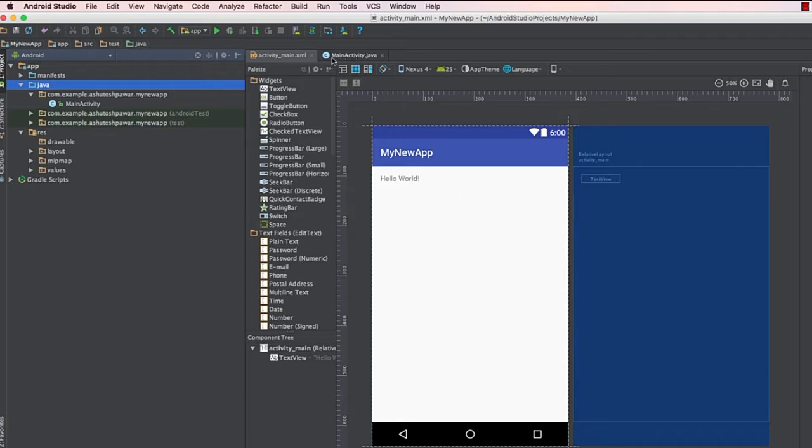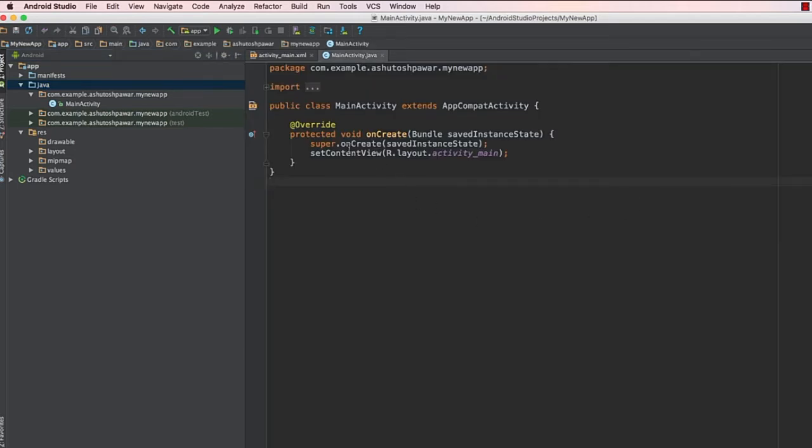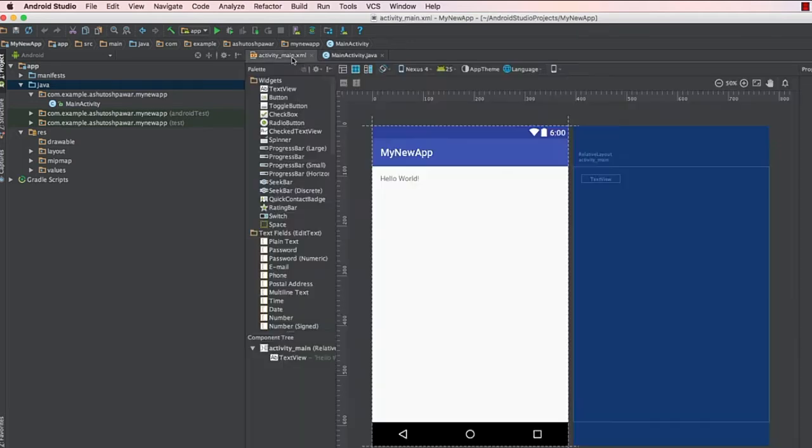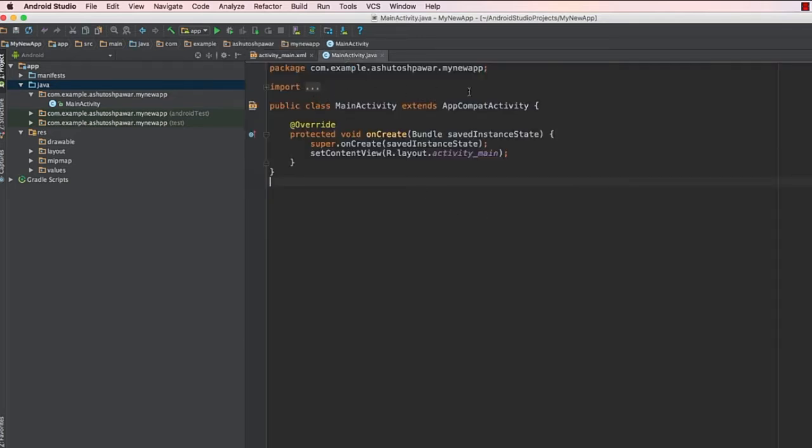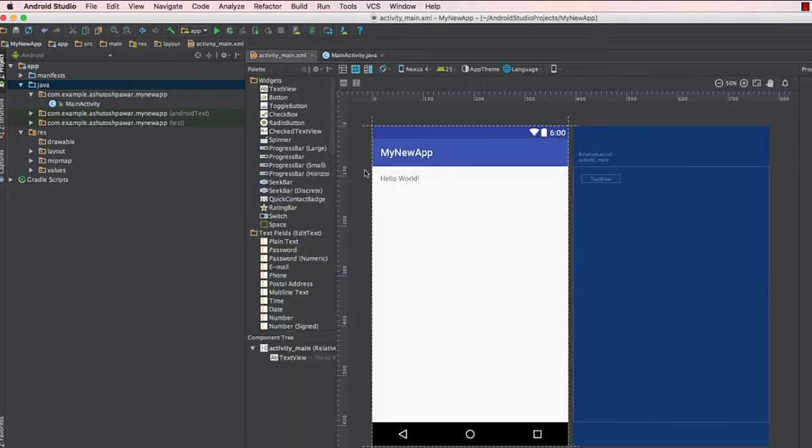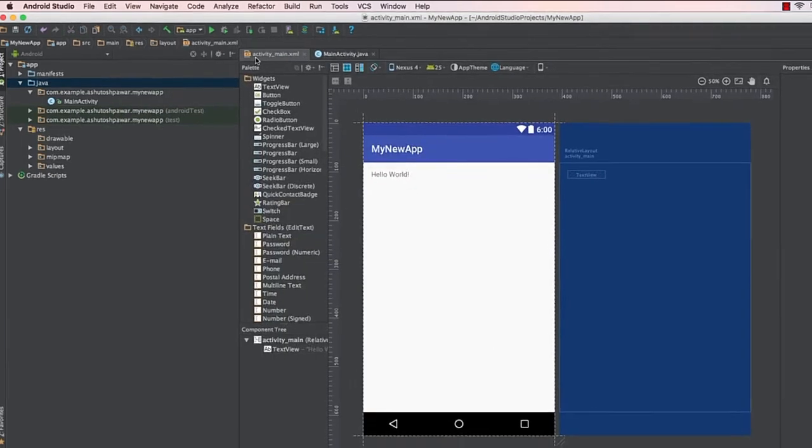If you switch to the MainActivity.java class, this is where the entire logic of your activity lies. We are going to write the Java code here. So the brains of your activity is written in Java, whereas the layout, or you could say the look and feel of your activity, is written in XML code. This is the layout which is defined by the XML code, and this is the activity's logic which is defined in Java. And if you want to have a look at the XML code, you could simply go to